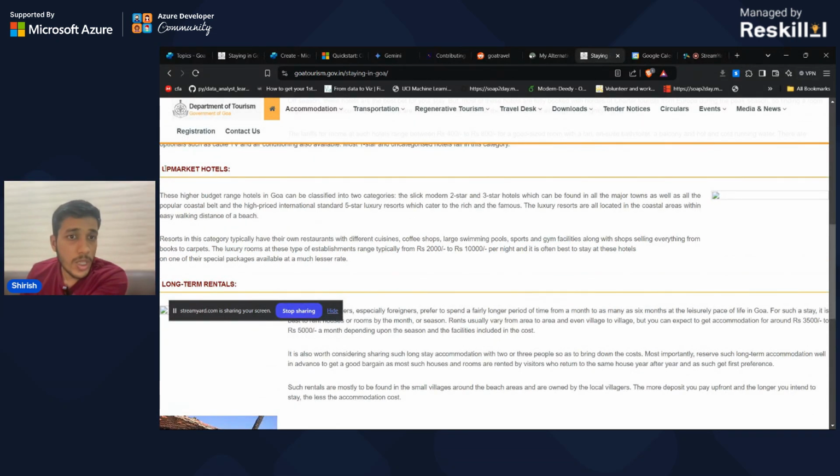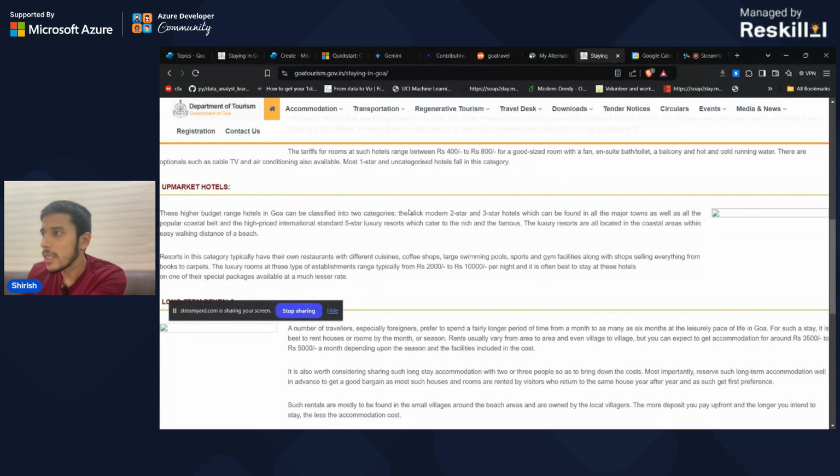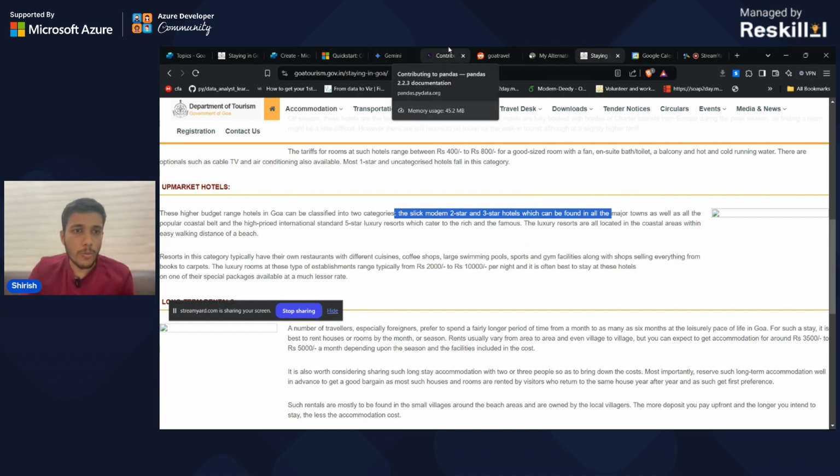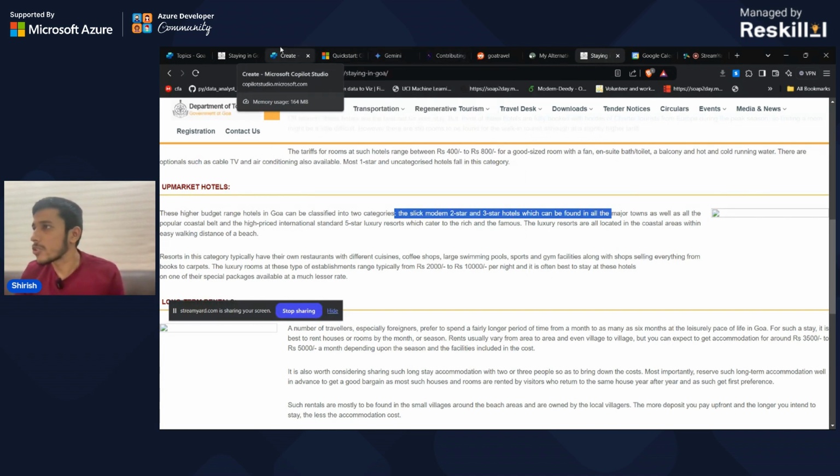It has shown us upmarket hotels. You can see that this is the higher budget premium category, which is like modern 2 stars to 3 stars. So it has taken the data from here and used the LLM brain, as you can say, to take the data, process it, and show the answer to the query. This is a very basic case of Copilot Studio where we can create more and more complex flows. Apart from that, if I show you,